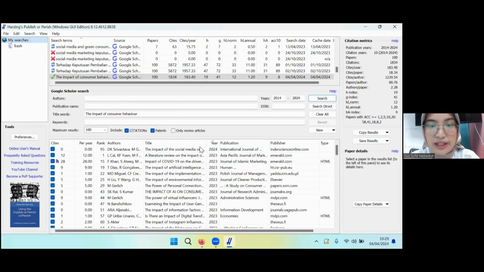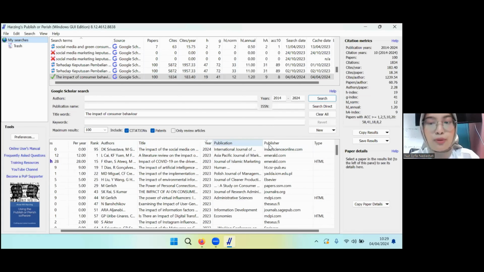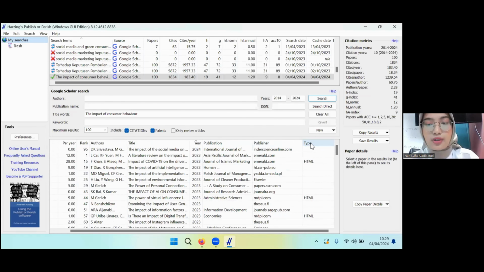Yeah, we have to wait until it's done. And then there are many metrics that you can see: rank, authors, title, year, publication, publisher, and type. And from the publication, there are international and national journals.